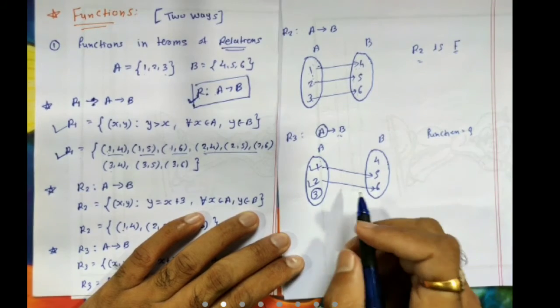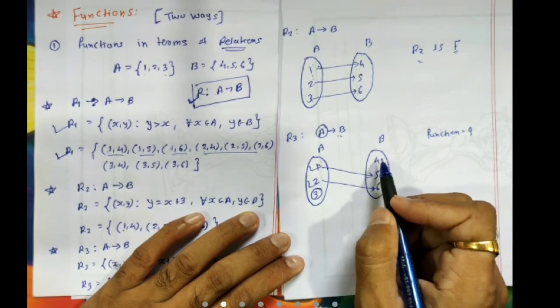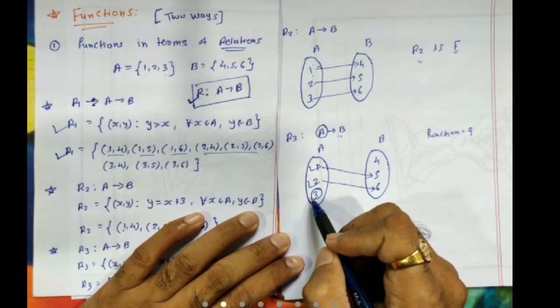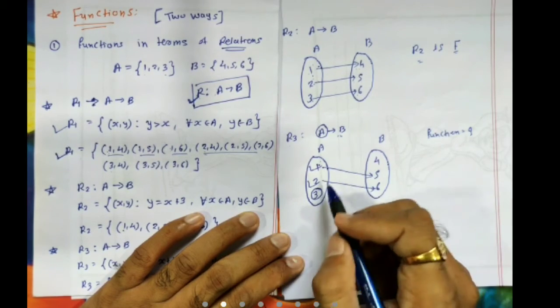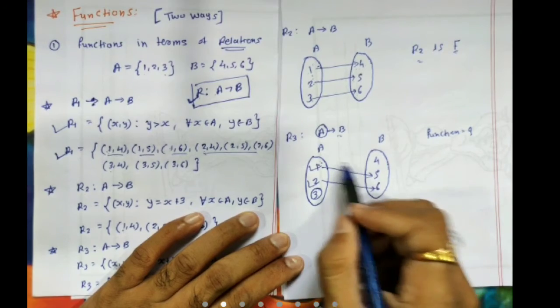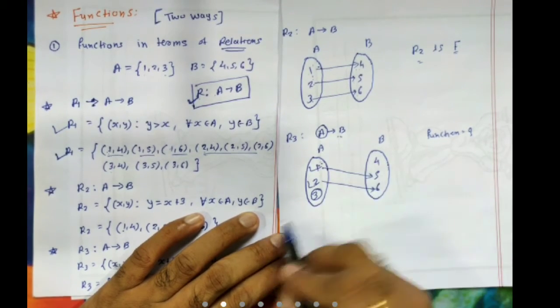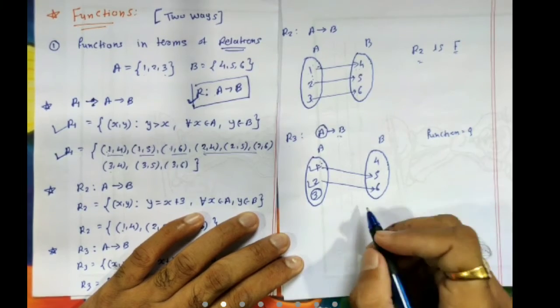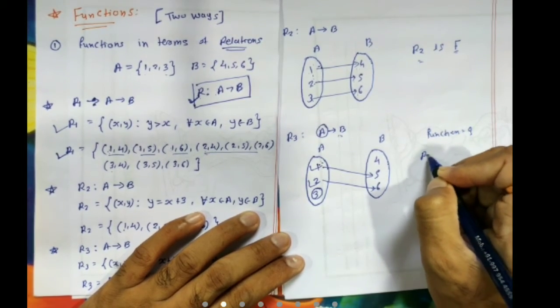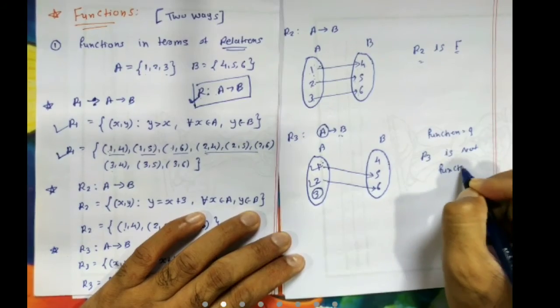दो कंडीशन है. फर्स्ट कंडीशन, all the elements of set A have an image in set B, but element 3 doesn't have any image in set B. तो यहाँ पर फर्स्ट कंडीशन ही फुलफिल नहीं हो रही है. हालांकि दोनों एलिमेंट को वन वन इमेज है, लेकिन जो तीसरा एलिमेंट है उसकी कोई इमेज सेट बी में नहीं है. फर्स्ट कंडीशन फुलफिल नहीं हो रही है. That's why we can say R3 is not a function.